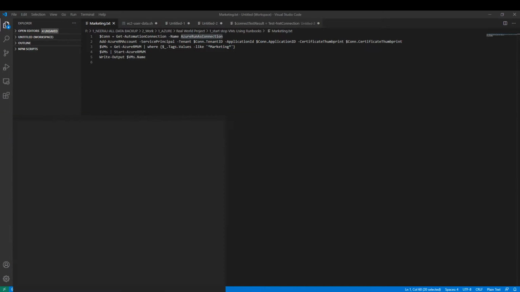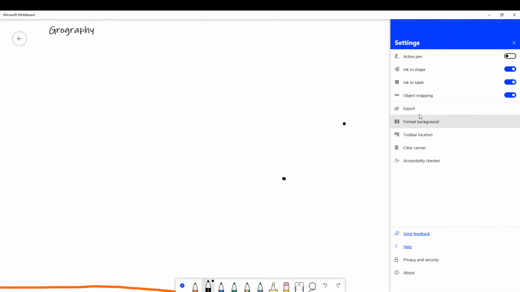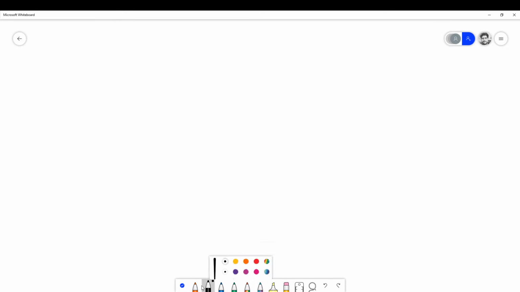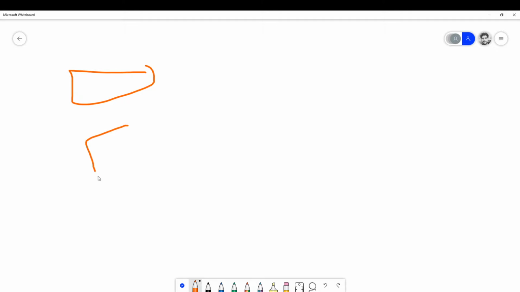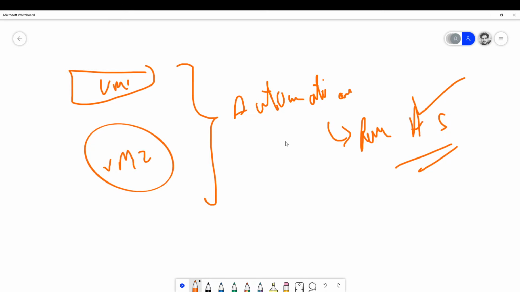So let me open Microsoft Whiteboard. Let me clear everything off. So you have these two VMs that are created. So VM2 is there, VM1 is there. You want to connect both of these VMs to an automation account. This automation account needs to have a run as account. So the run as account has to be there for this automation account in order for it to run anything in these VMs. And this run as account that you create will be linked to your